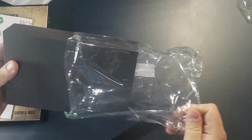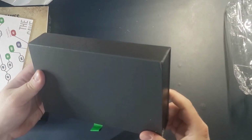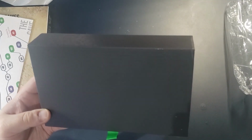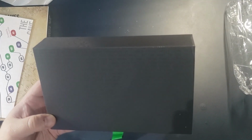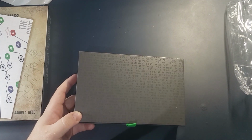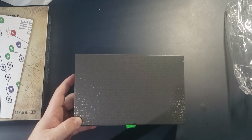So there's this box. It's in plastic, and there's text on the box. It's hard to see, but it says stuff like, you're still alive on Monster Island. It's been X days since you made camp. So there's different text from the different text games that are featured in the book. And then,